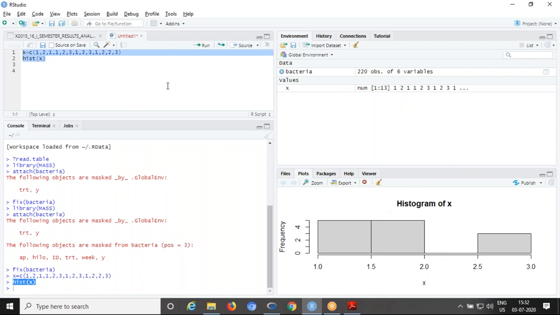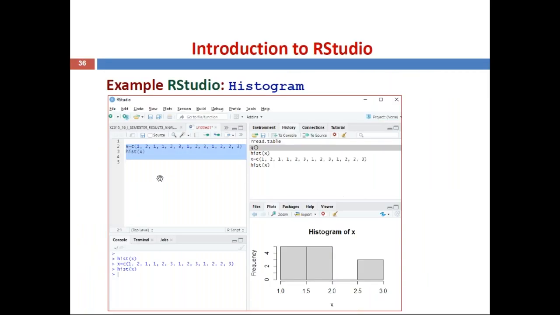This is the histogram. Now you can see how easy it is compared with the R console. So RStudio is more user friendly. For beginners, it is very useful. So like that, you can type script here, then you can execute. The executable commands will be displayed in the R window related to R. Then environment, that window 3, the history of the variables and their type are displayed here. Window 4, the output is displayed here. So this is one example, histogram.